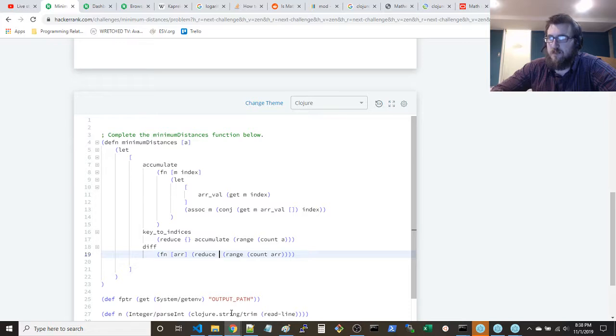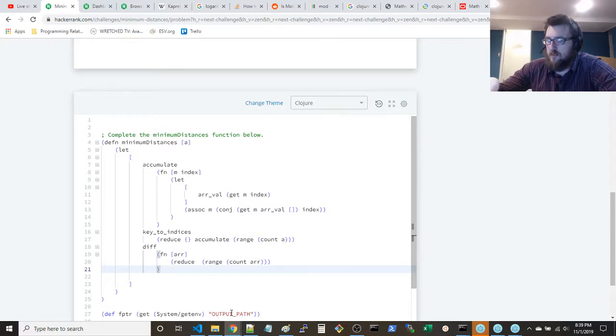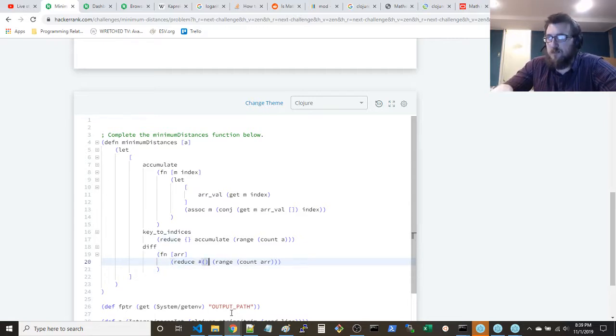You just reduce. Okay. All right, and this function is going to work by, use another anonymous function, I guess. 1, 2, we want to say get